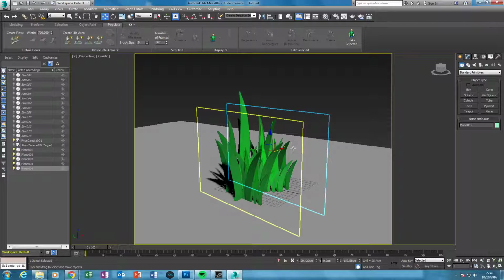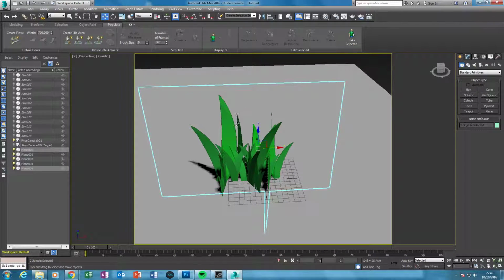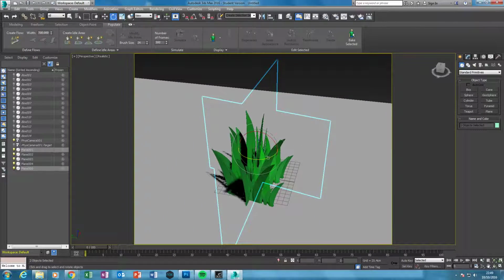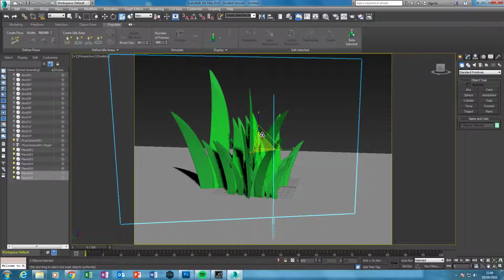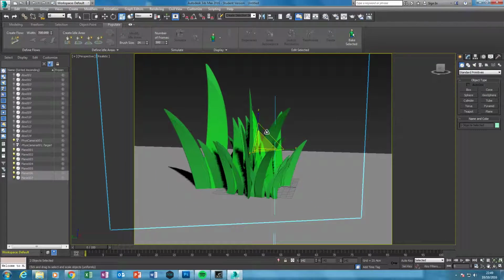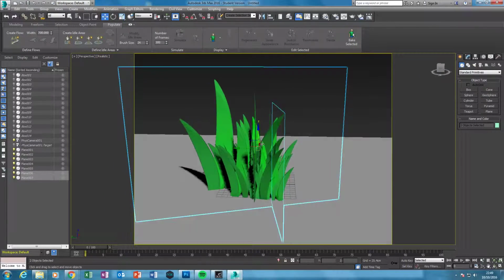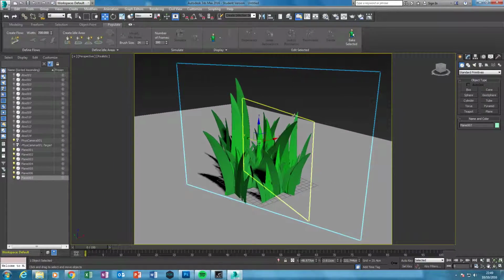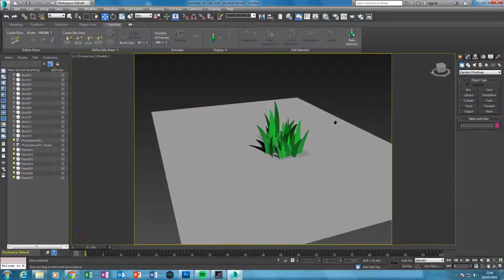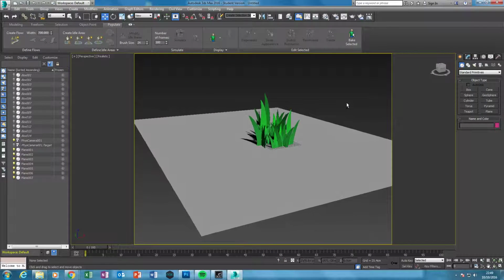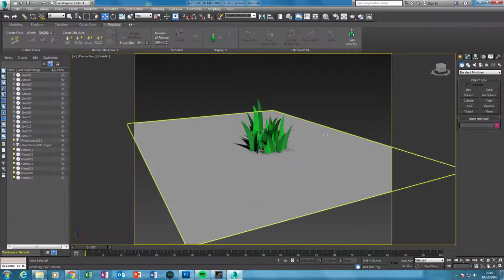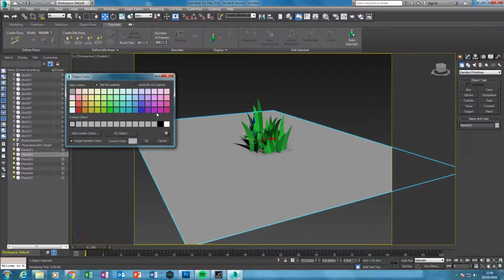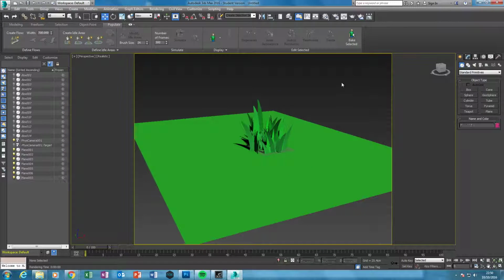And create. You can start to see that it creates these nice 3D clumps that you can scale up and down and add a bit more. Let's try it like that. Okay. So obviously it does look really stylized. It doesn't really look realistic at all. But if you imagine that you've got a texture on here,